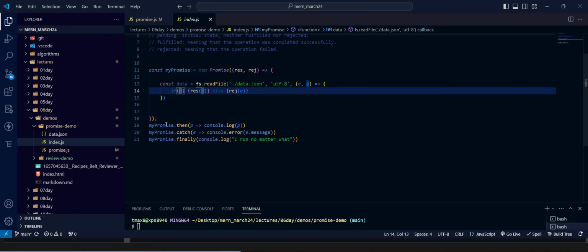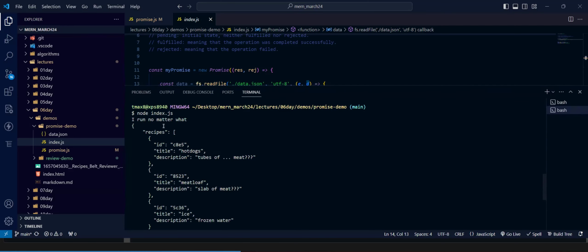So I have my promise .then, and I'm also handling for the error. So I have my promise.catch in the event that there's a problem. And then finally will run no matter what. The platform really doesn't talk about finally, but if we wanted to do something whether it succeeded or failed, we could use the .finally. Okay, so if I run this, node index.js.